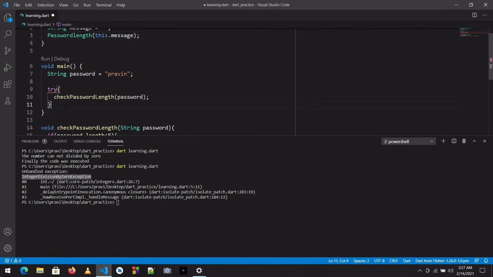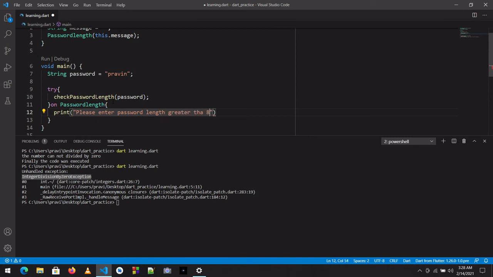Then I will catch that error with an on PasswordLength clause. Now print, please enter password length greater than 8 characters.